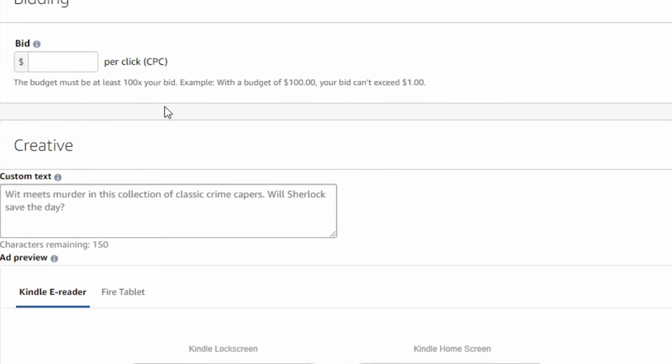Now this is the bid. So this is how much you're willing to spend per click. That's anytime anybody clicks the ad to visit the page. Now this doesn't necessarily mean you'll make any sales. It's just the per click cost. I'm going to put this at